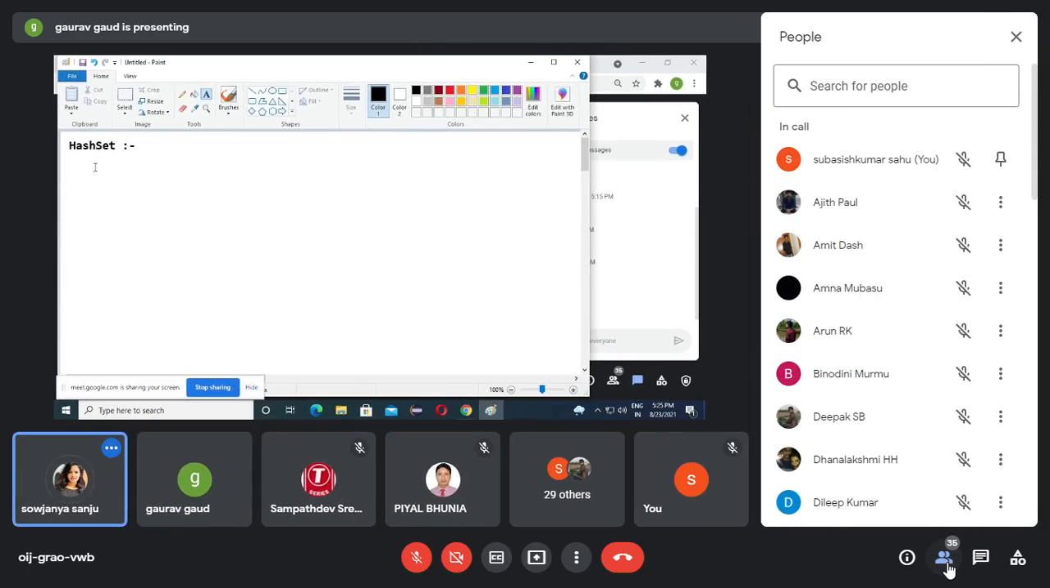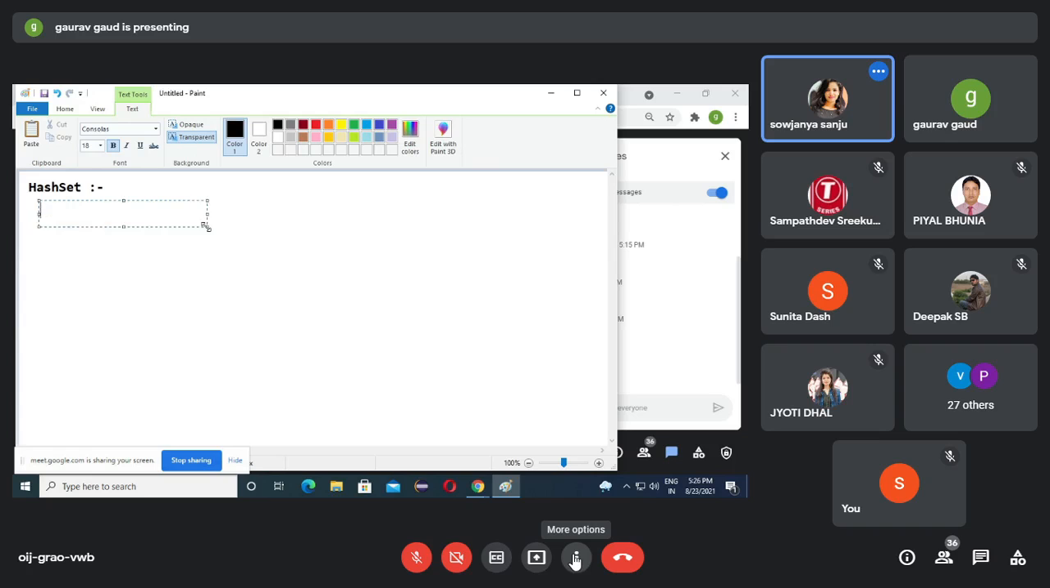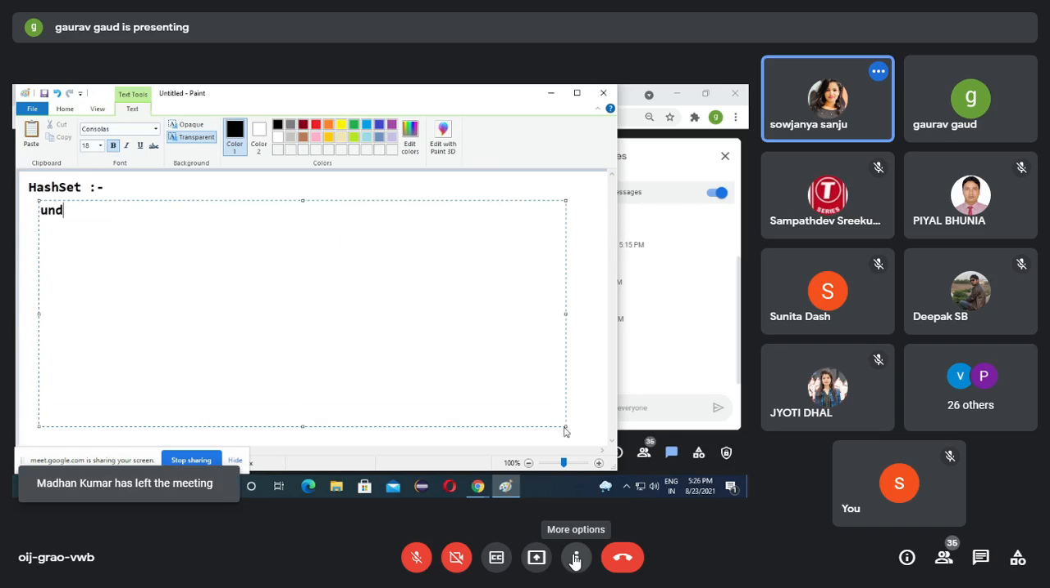HashSet. Are you recalling something? Hash. Hash means hash code. So guys, HashSet always stores the data in a hash table. HashSet always stores the data in what? Hash table. So the first point is: underlying data structure is hash table. Now